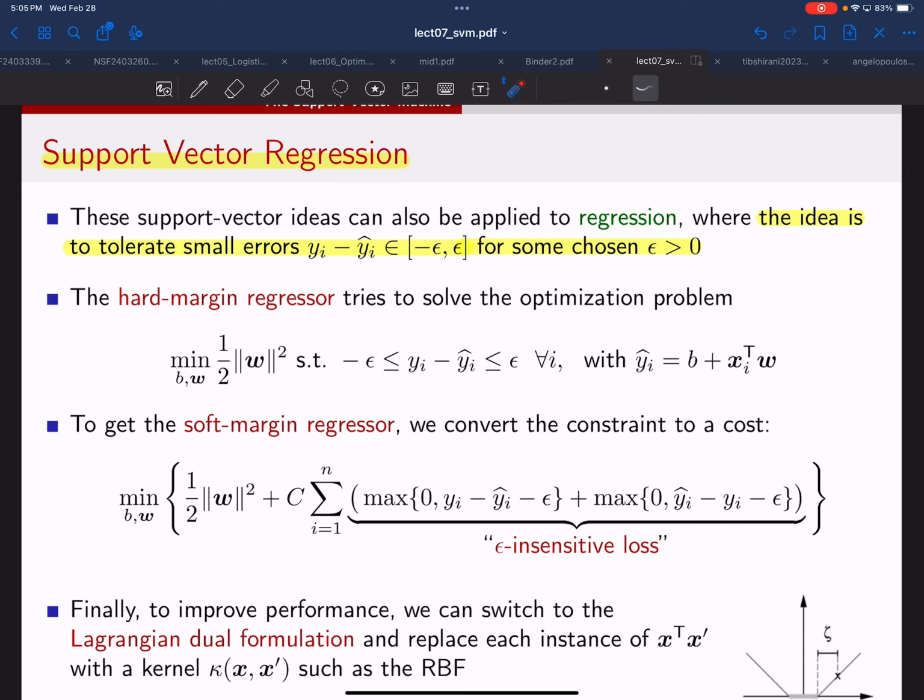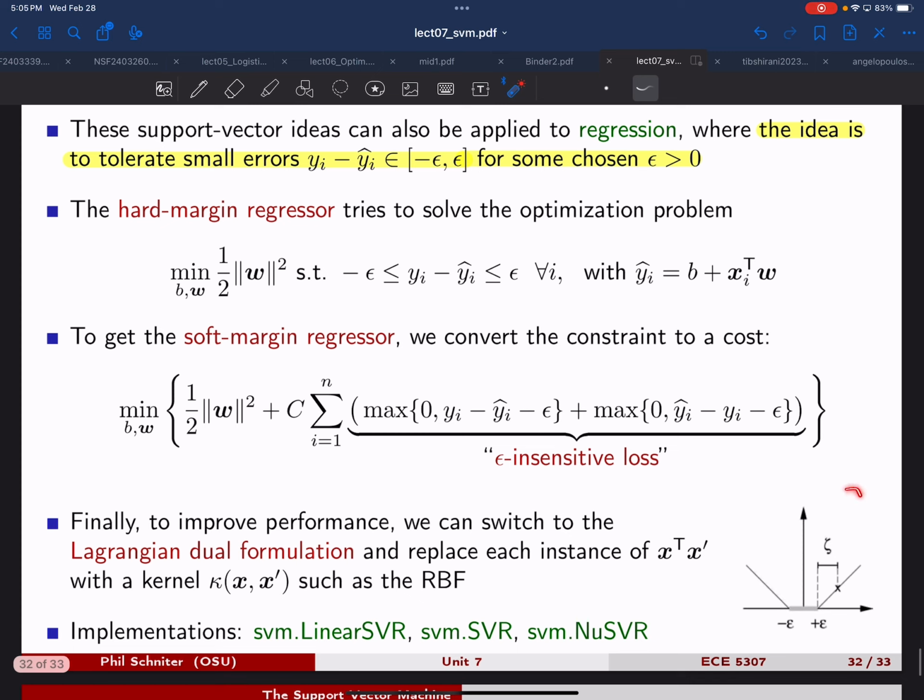So you're just sort of changing the loss. So in terms of visualizing the loss, this is your loss function. So this is the difference, let's say, y minus y hat. So you're saying if y minus y hat is between plus and minus epsilon, the loss is 0, perfectly fine. But as it starts to increase beyond that, then the cost increases linearly. Try not to do that. So sometimes in some applications, this is a good idea. In other applications, this is a bad idea. But it is going to be quite robust because this grows